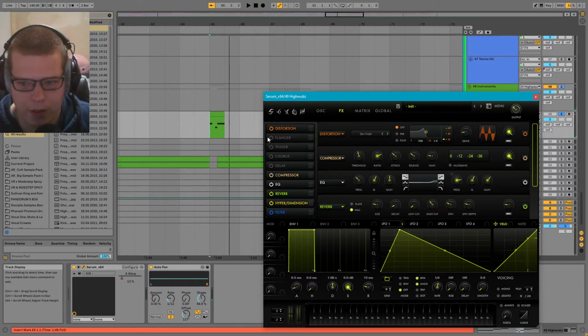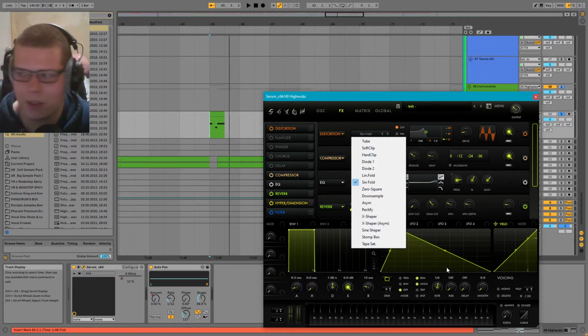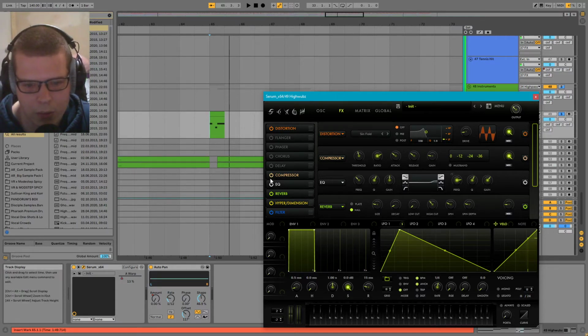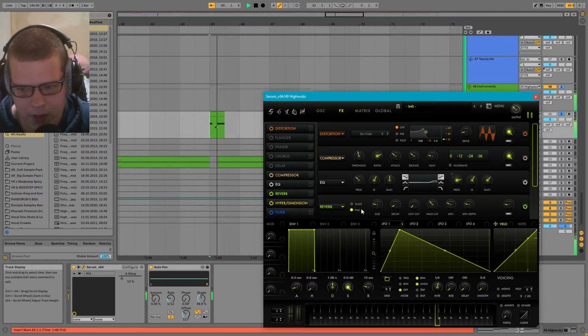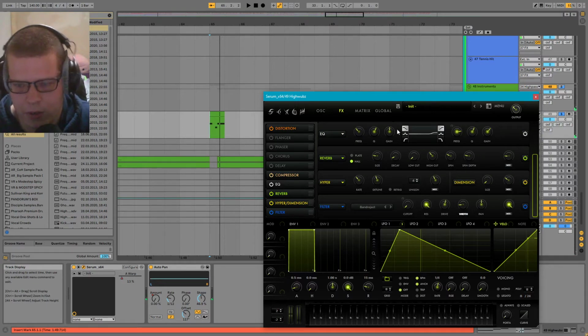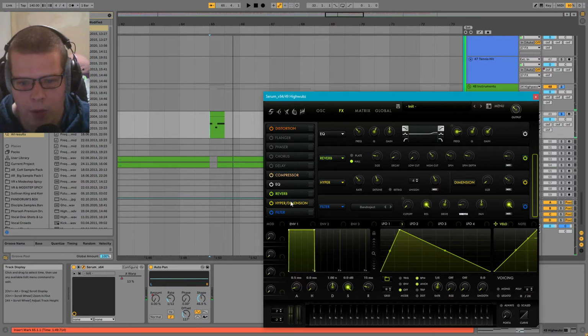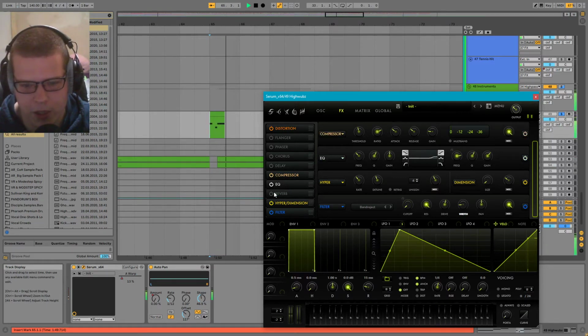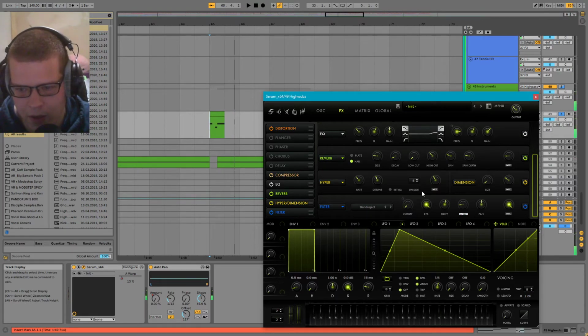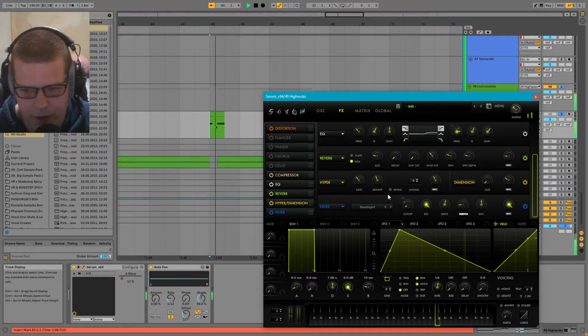Anyway, let's move on to the effects. Distortion, sine, fold. I used a lot of different distortion types on this track. What is it? Tube, dist 1, sine, fold, down sample, and maybe something else. Compressor, not on multiband mode, so that would have been too much. EQ, just automating the frequency of a high shelf. Reverb, probably too much. If I were to do this again, I would probably lower the decay.